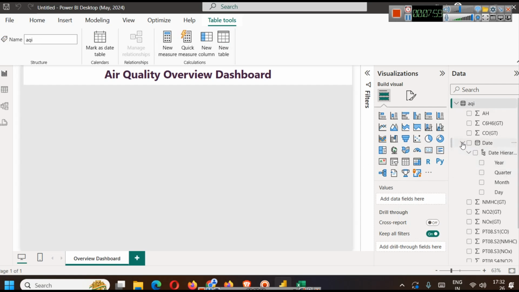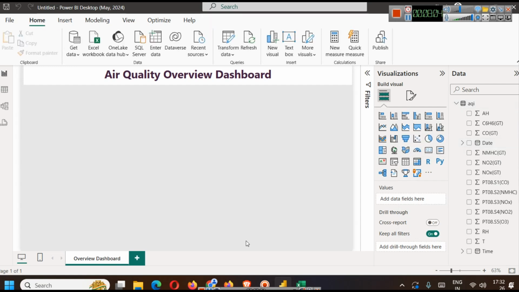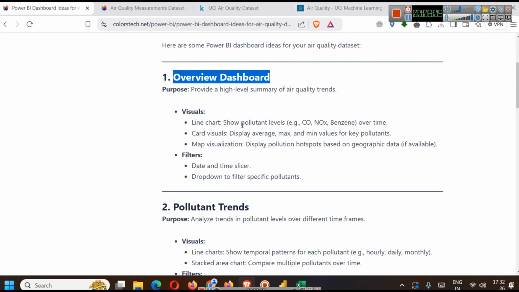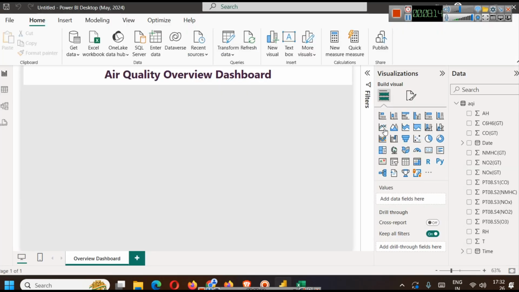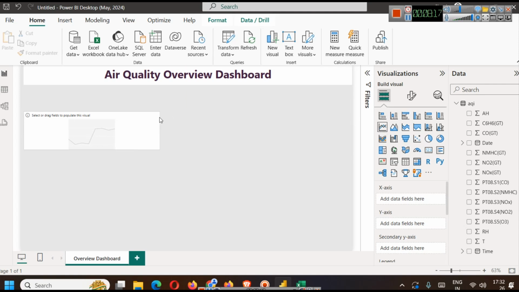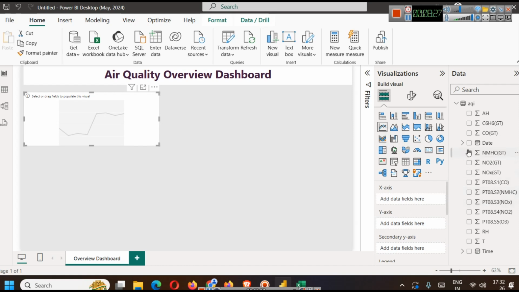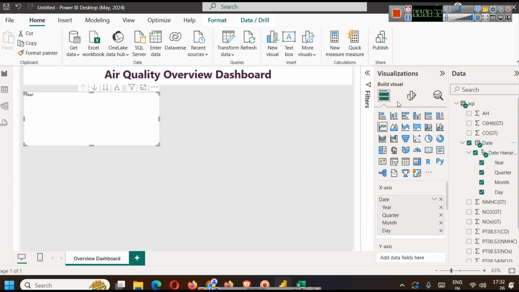So we have done our data cleaning part, and now we have the clean data. Let's go ahead with the dashboard part where we have to create a line chart showing pollutant levels, for example CO, NOx, benzene, etc. So for that, we will use a line chart here, and we will just make the width as per our requirement. And here on the x-axis, we always put date. Okay, so we can put date here, and on the y-axis, we have to put,